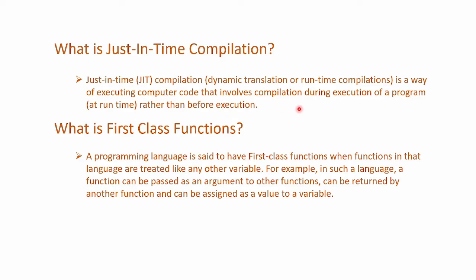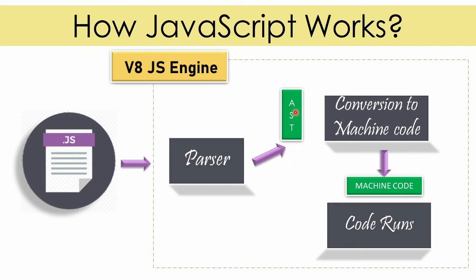This is a Wikipedia definition. You can just find it on Wikipedia as well. Just-in-time compilation is basically when your code is there and ready to run over the browser. At that time only, the browser compiles the code. That is at runtime only. One is like you have compiled it already to machine code, and then you are running it over the browser. That is called ahead of time compilation. AOT compilation means you are compiling the code first and then you are running it over the browser.